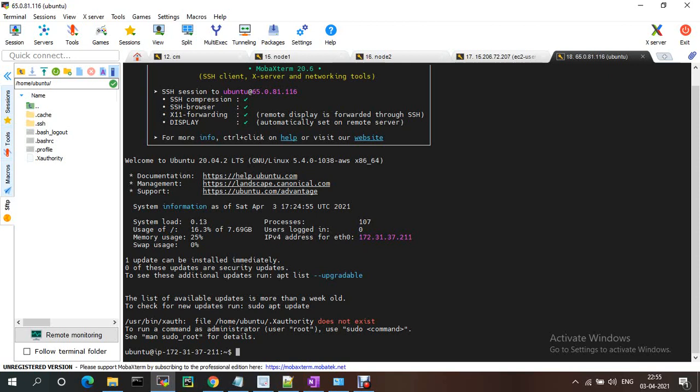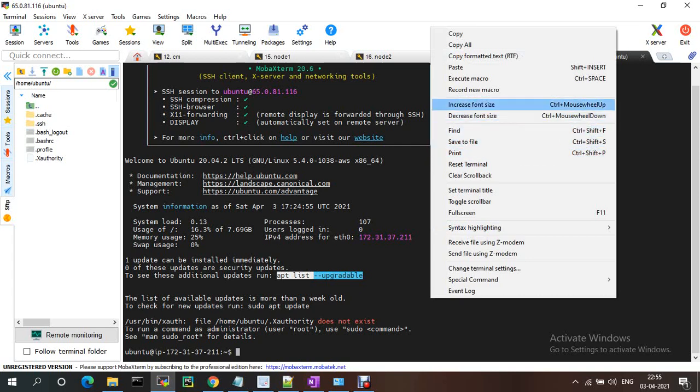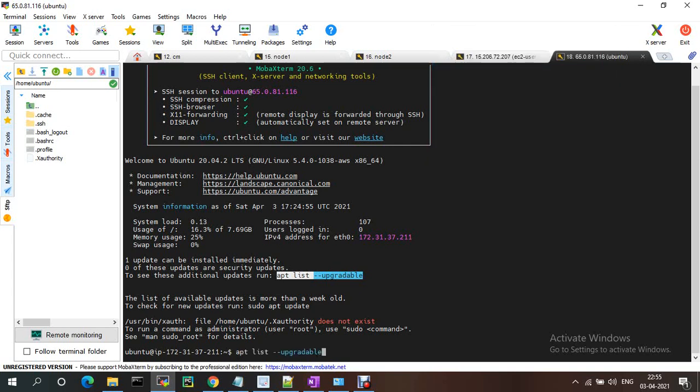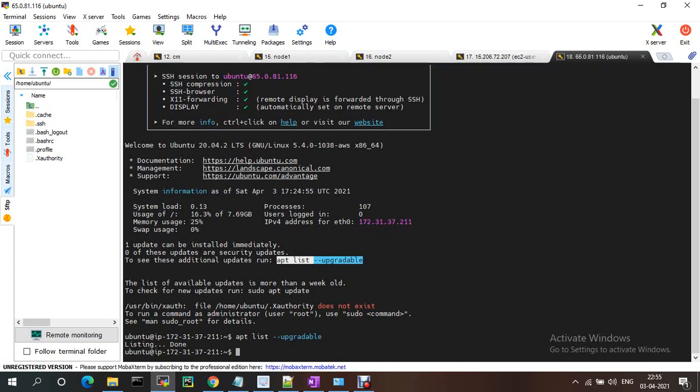And currently I'm not a root user. Apt list upgrades. Okay, it will be updated. Sudo -i.